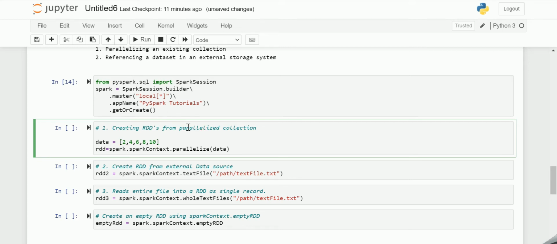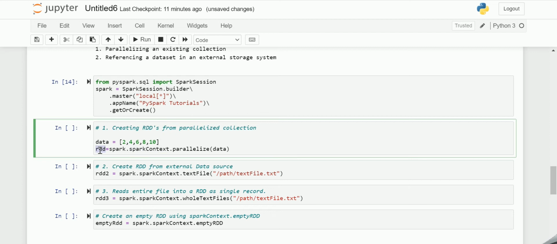Next, let us create the RDD from a parallelized collection. Here I have a collection of even numbers, and I'm calling the parallelize method from the Spark context. Using the parallelize function of Spark context, we create an RDD. This function loads the existing collection from your driver program into the RDD.